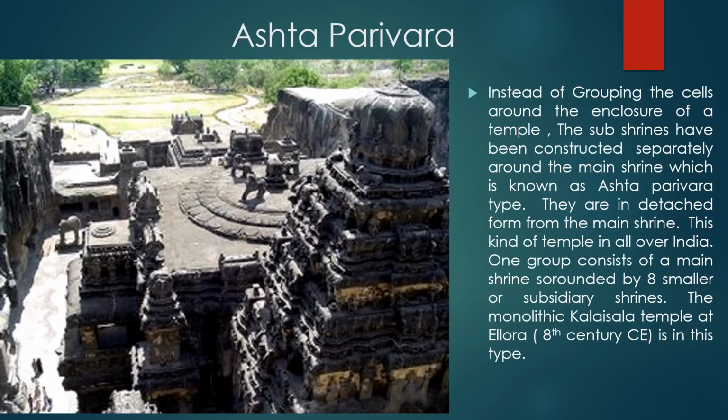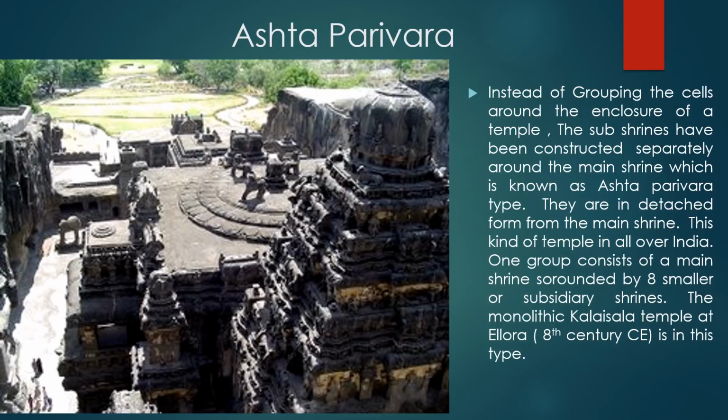This kind of temple we have in India. The monolithic Kailasa temple at Ellora is a fine example. We have the same type of temple in the Pandya region at Kalugumalai, the Thirumalai Koil at Kalugumalai. The typical form of Ellora type we have. It is known as the Southern Ellora of Tamil Nadu. Here, the temple was scooped out of a rocky hillock by Krishna around 8th century AD.